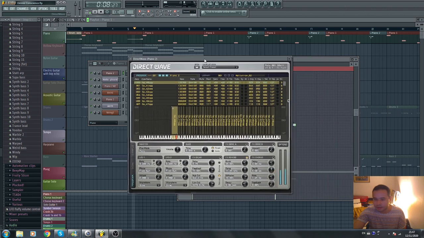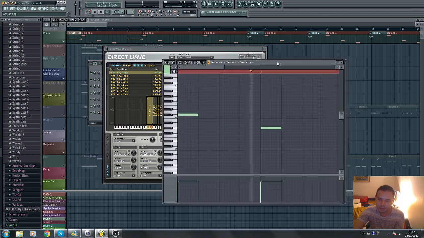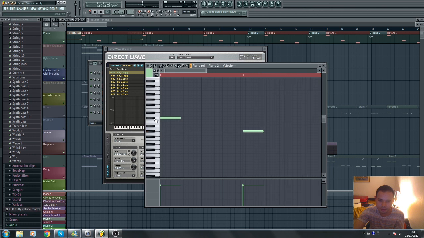It's using Direct Wave again, which is one of my favourites. And that's pretty simple. It's just a C sharp, G